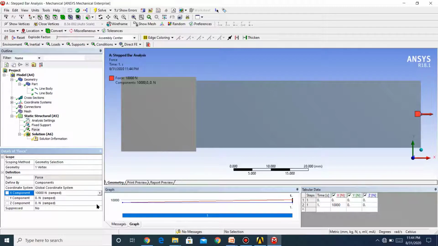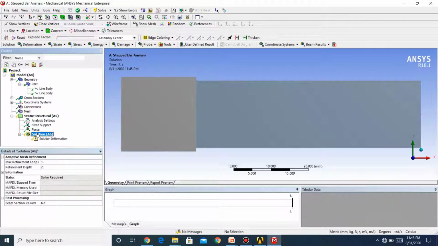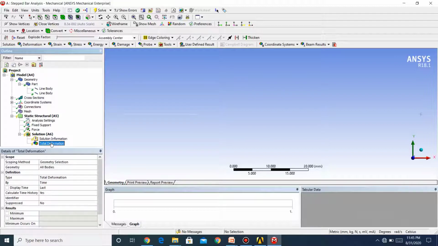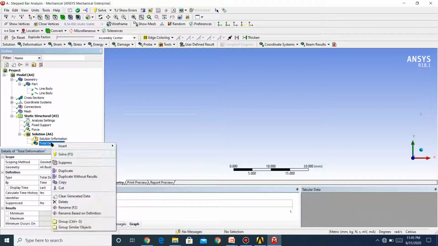Now we can go for solution. In this case we want to obtain the deformation of the beam. So go to solution, then deformation, total deformation, then click on total deformation, solve.